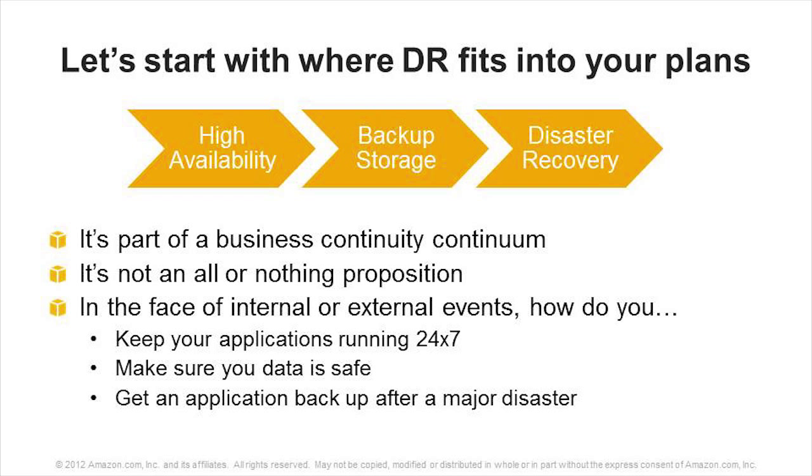The starting point is usually thinking about how to keep your applications up and running. It's probably the subject of another webinar, but you'll have a requirement in the form of how many nines of reliability you need, keeping in mind that every 9 you add to your HA strategy is probably going to add quite a bit of cost, often around 10 times for each additional 9 after the first few.